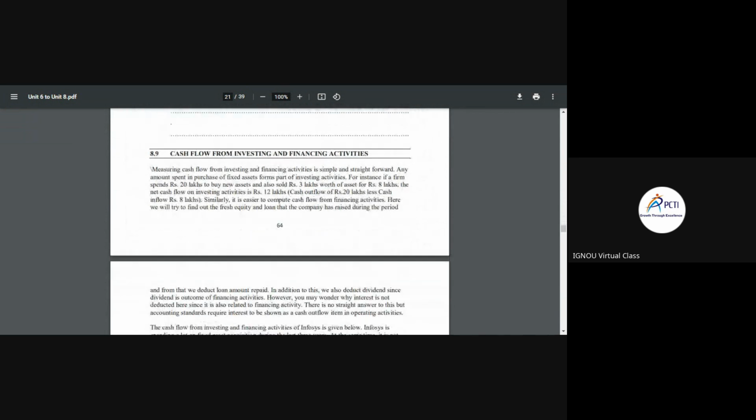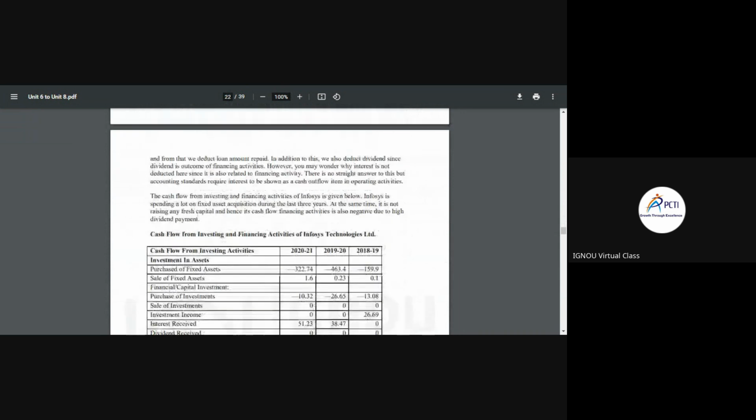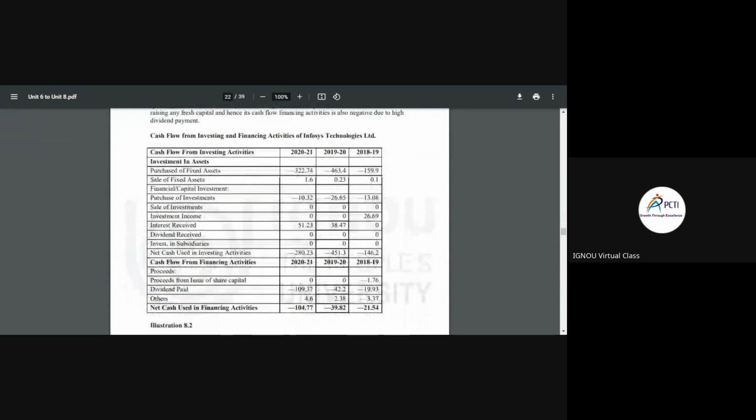Then we need to calculate from investing and financing activity. In the case of investing activity, we need to check what investment we have done. For that, we can have purchase of fixed asset, sale of fixed asset, financial and capital investments like purchase of investment, sale of investment, investment income, interest received, dividend received, and investment in subsidiaries, net cash used in